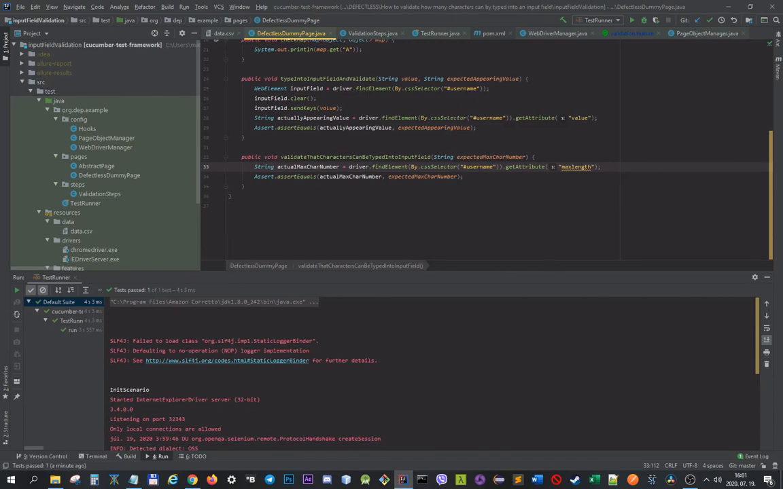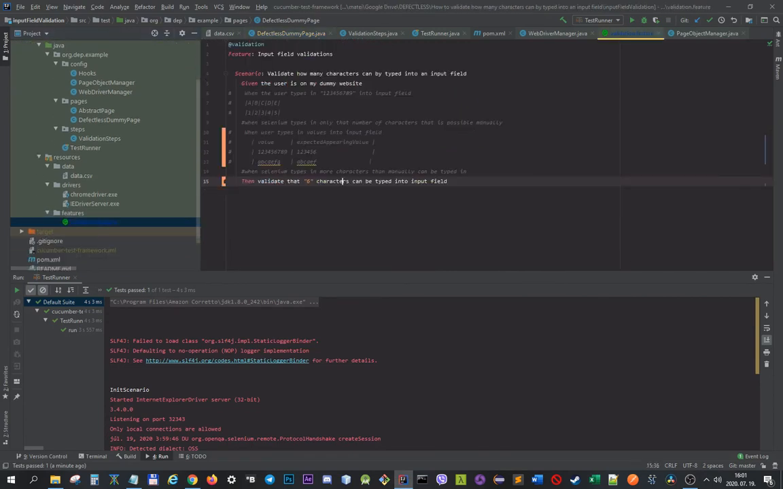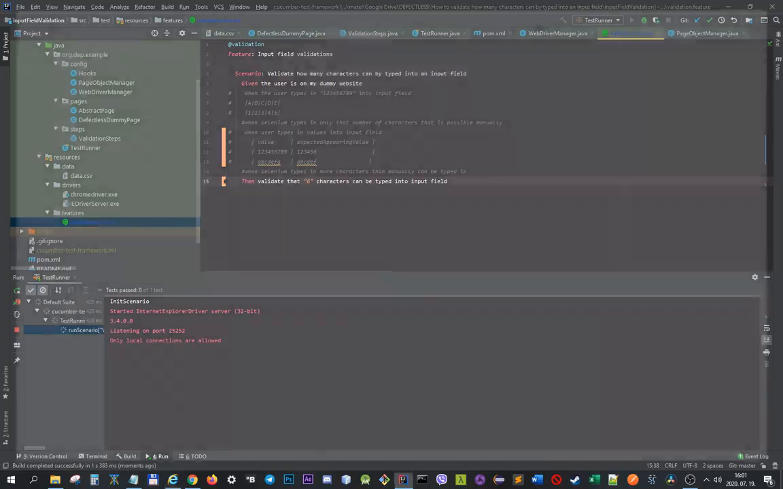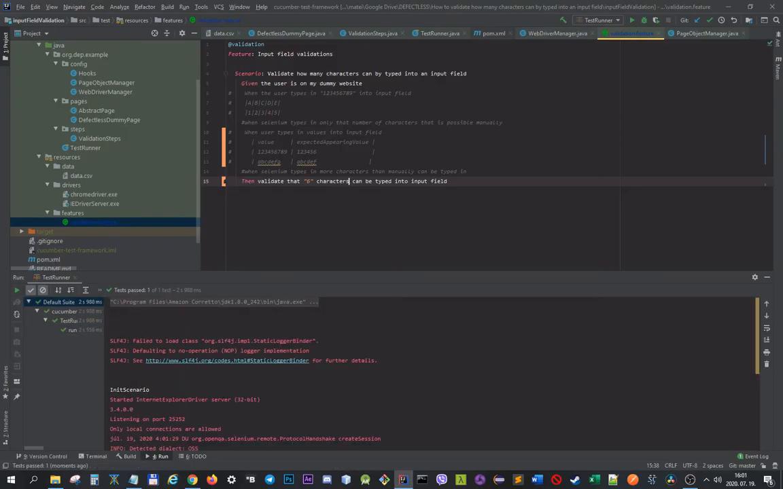Okay, so just one second, I just run it again with this method. And it says that it's okay. And I also tried to run it with 7,